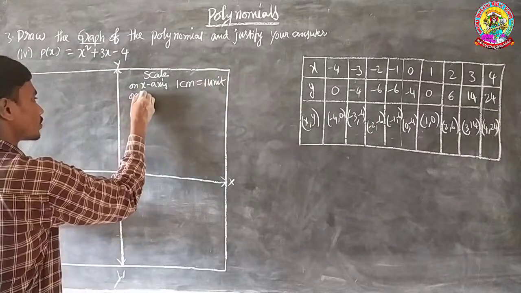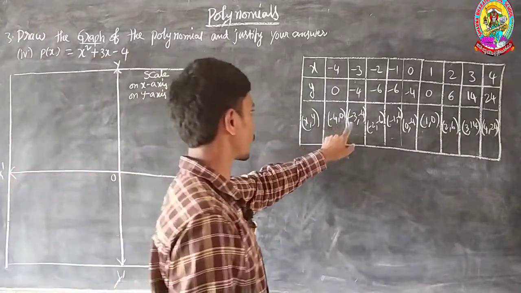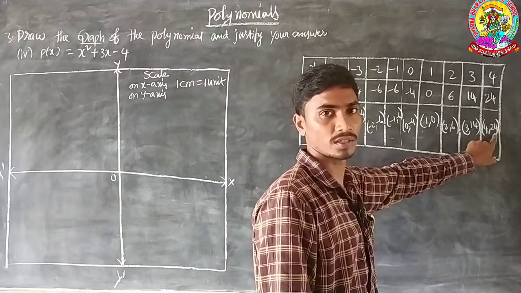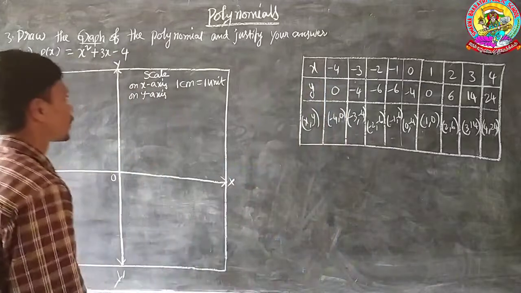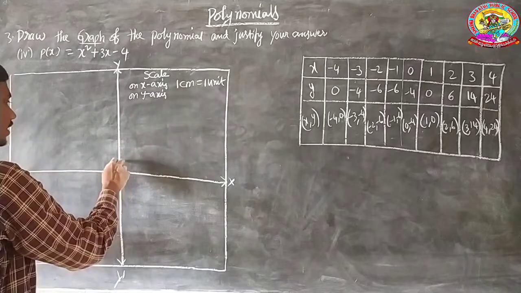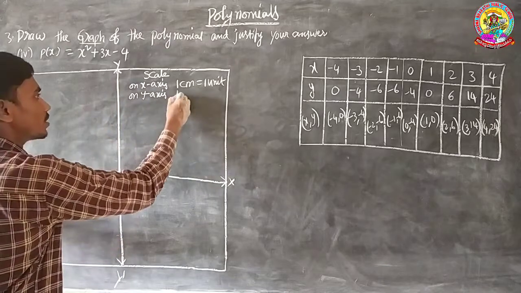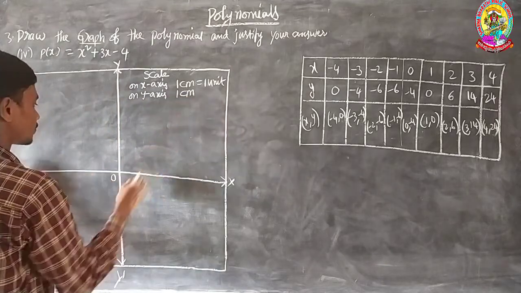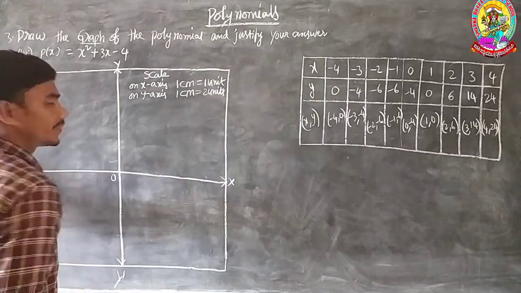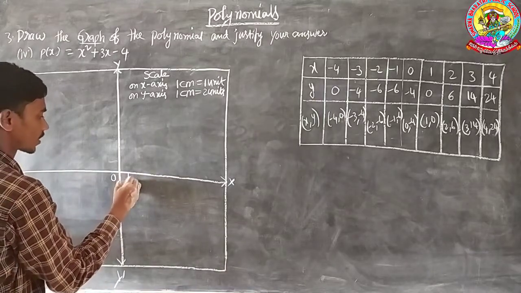On the y axis, how should we take? On the y axis, observe 0, 3, 6, minus 6, 4, 6, 14, 24 is also there. So you have to represent the scale in an extended form. There are not sufficient lines to represent the points on the scale. So the scale on the y axis you should take at each centimeter 2 units. If we take it like this, now represent the points on the scales of each x axis and y axis.